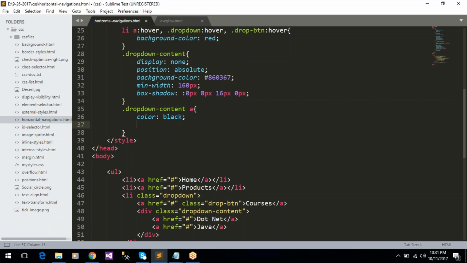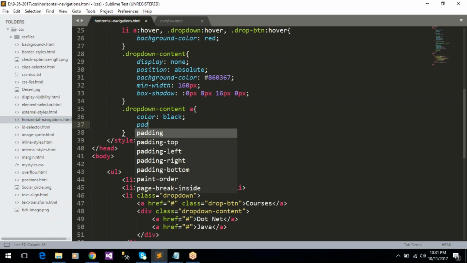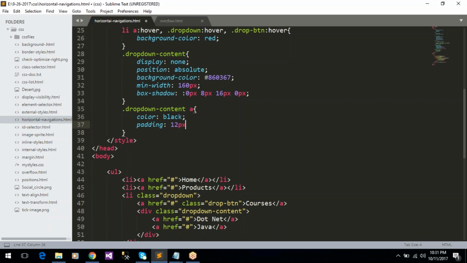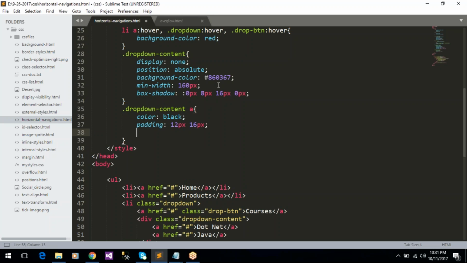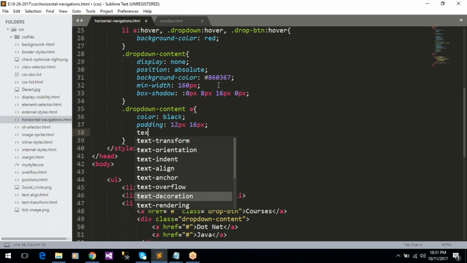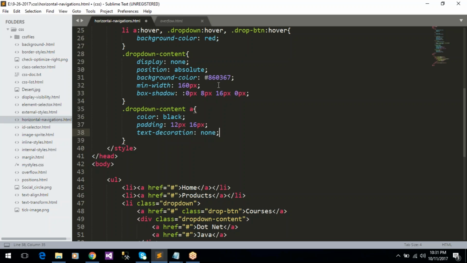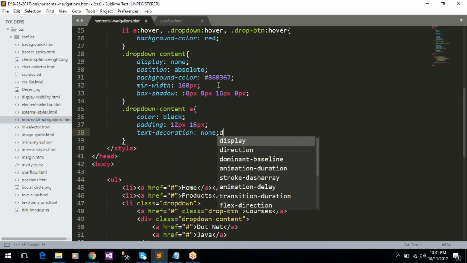Next, padding 12 pixels and 16 pixels. Okay, top 12 pixels and right 16 pixels. And text decoration none. Display block,